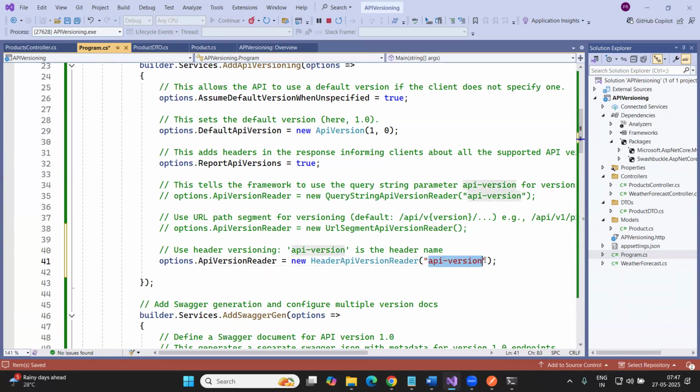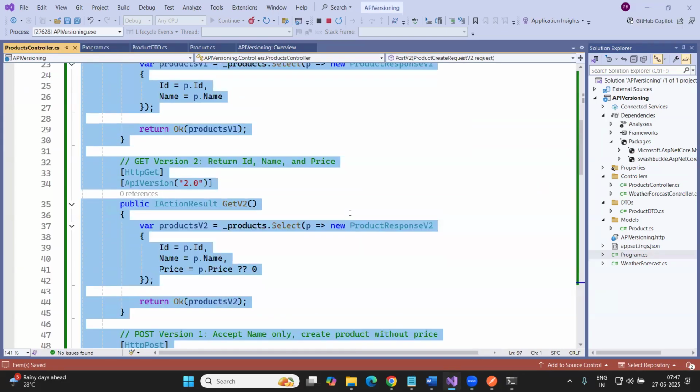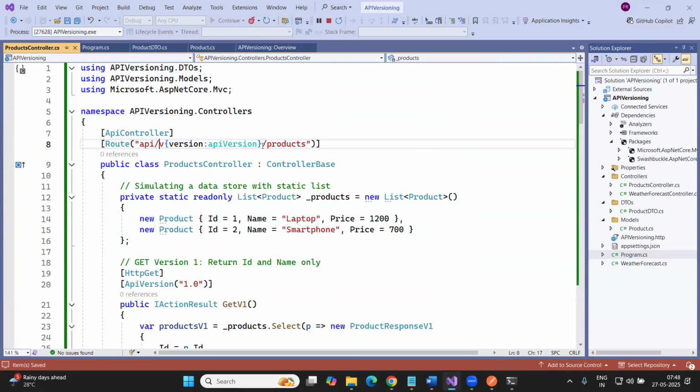So the parameter we specified here is the header name. Whatever parameter we specified to this constructor is the same name that the client needs to pass while consuming the API. In this case, that parameter name is going to be API version. As we are using this API version, do I need to specify anything else? No. So in this case, our API is going to be free